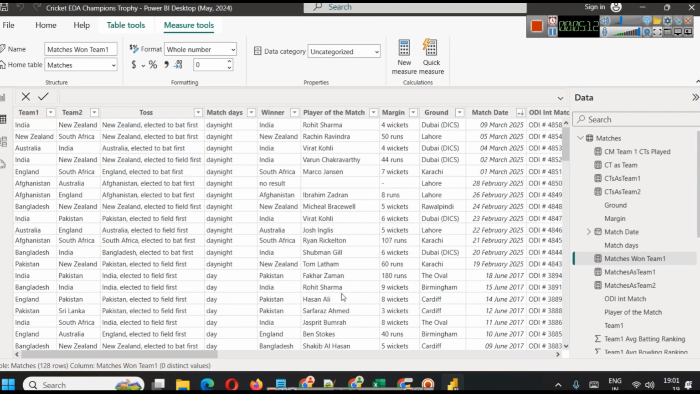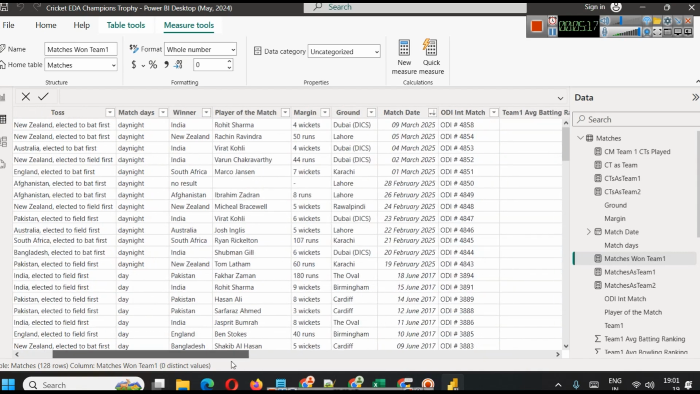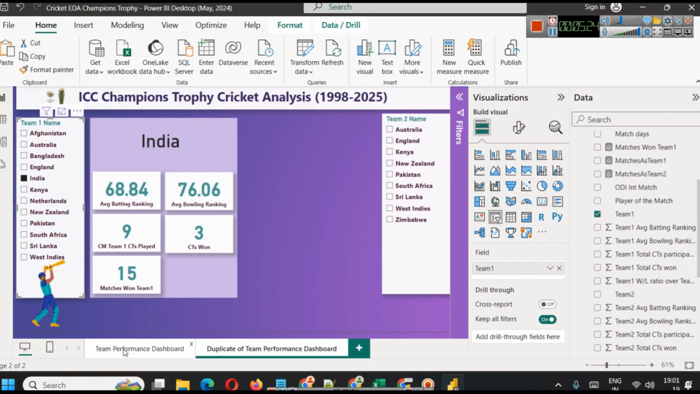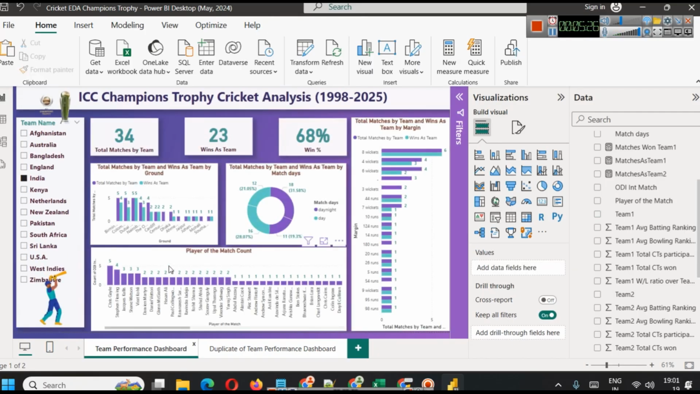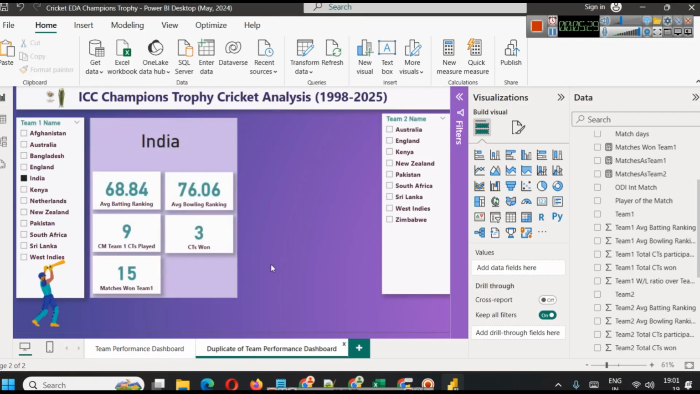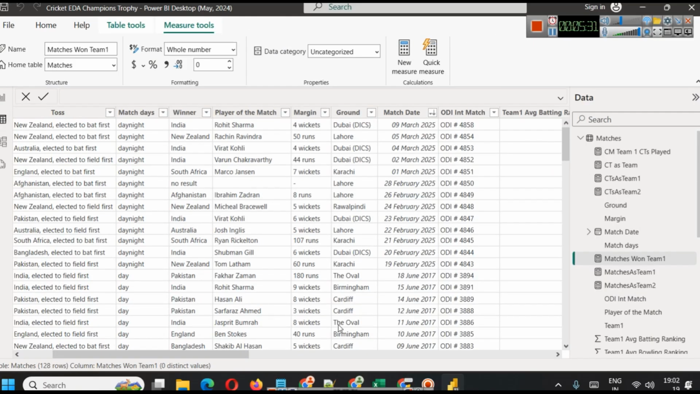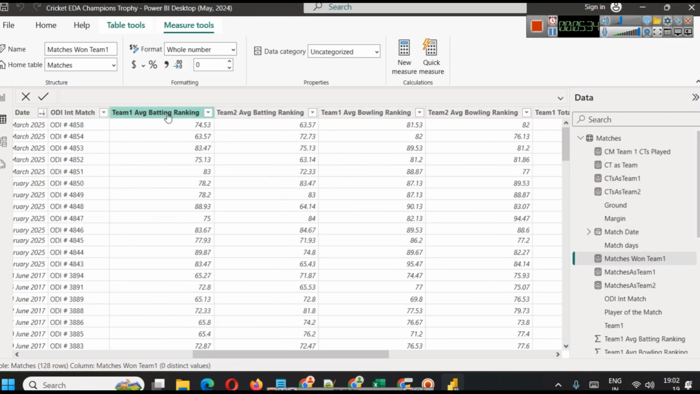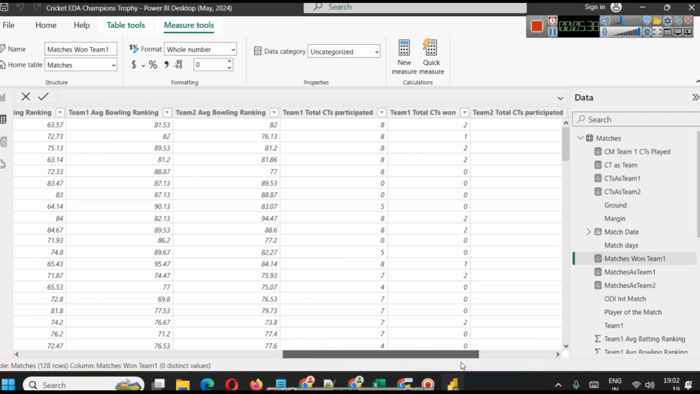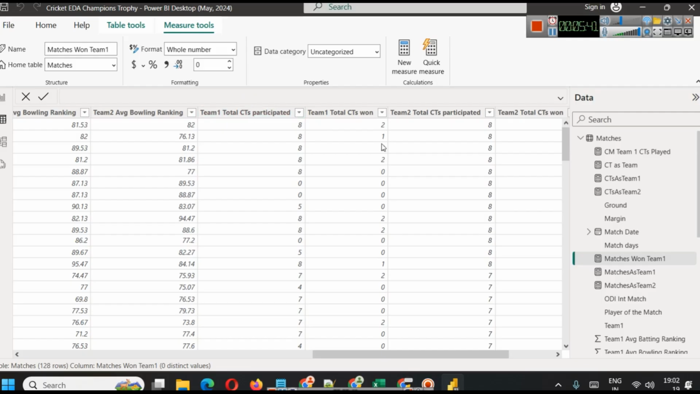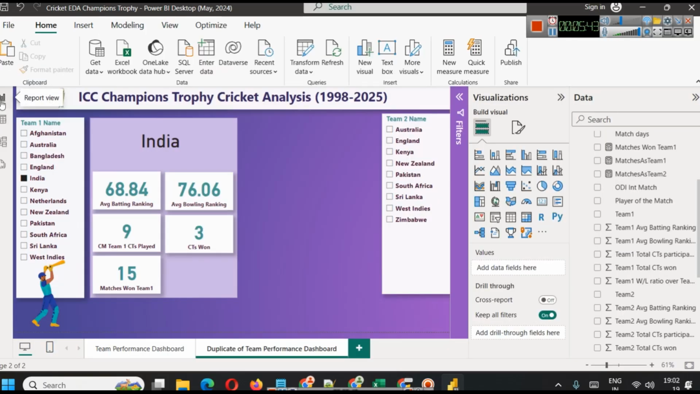And next we have margins also, player of the match also. So this is something that we can show in some other part, and maybe in the first part you can see the player of the match count we have already shown there. Now we are talking about team 1 and team 2. So we have team 1 batting ranking, bowling ranking, which we have already shown there. Total cities participated, which we have already shown there. And